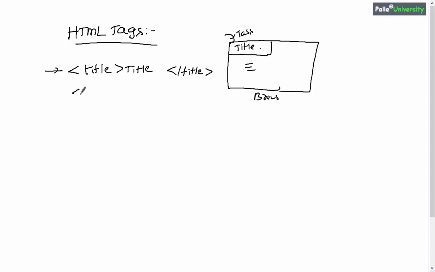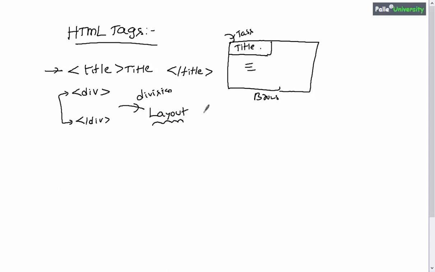Similar to this, we have something called the div tag. For every div there will be an opening and then a closing tag. In general, the div tag is useful for dividing the available area into a specific layout. So div is for division. You can divide the available area inside your HTML body into different divisions. In most cases these divs will be used while designing layouts.